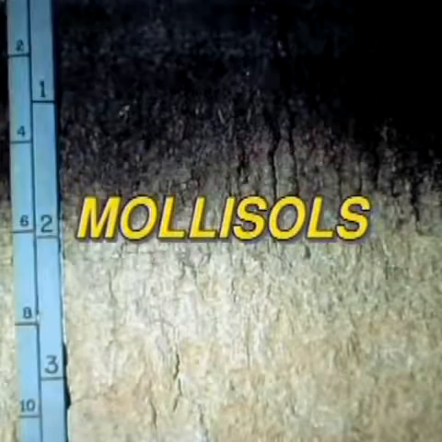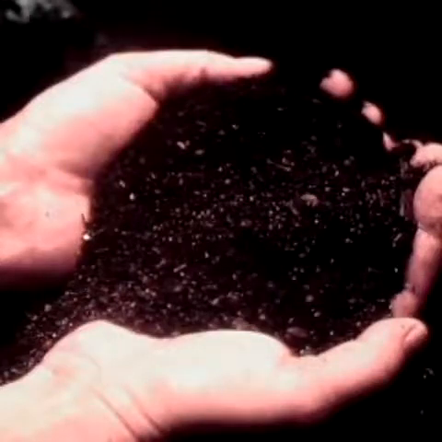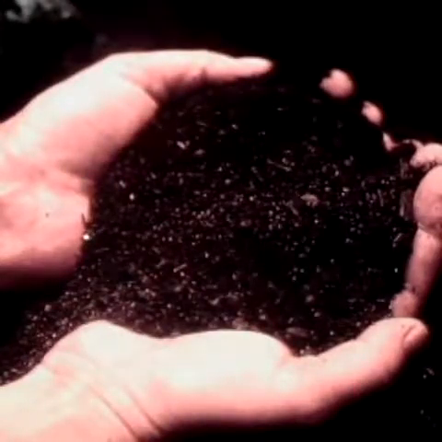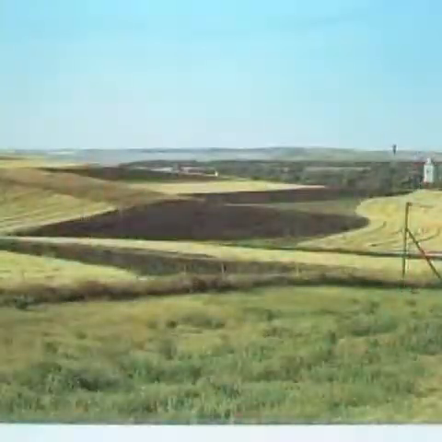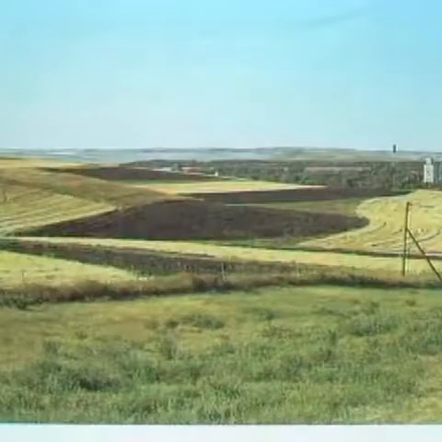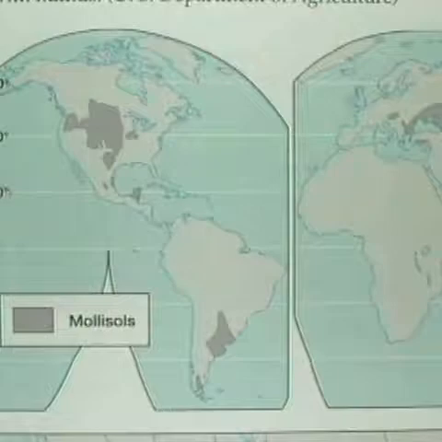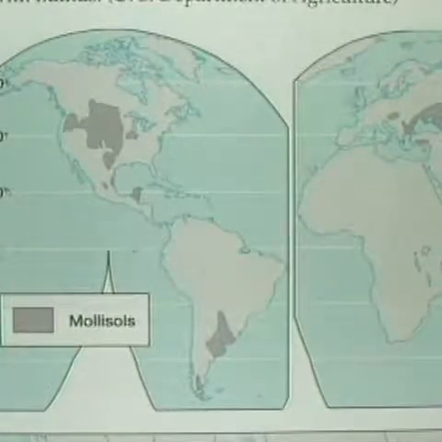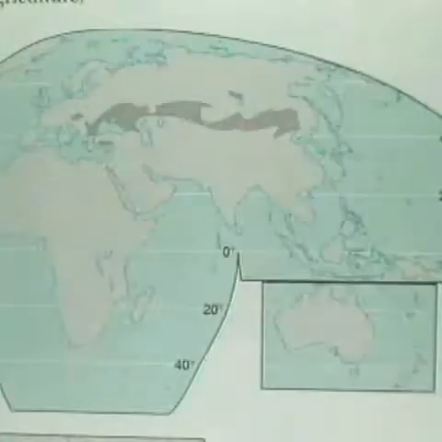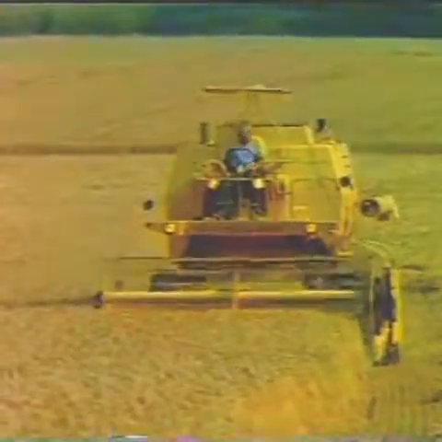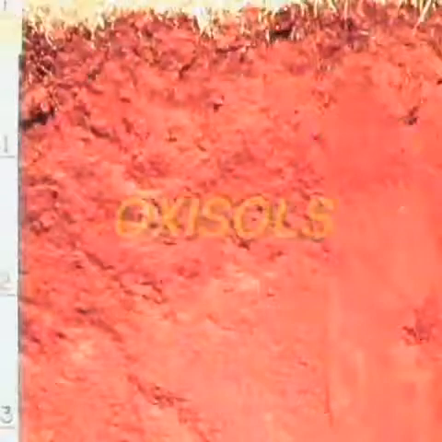Mollisols occur in prairie regions. They have organically rich topsoils with lots of humus. Chernozem, a Russian term meaning black earth, is this type of soil. This is considered one of the best soils for growing crops. Mollisols can be found in the Great Plains region of the U.S., in northeastern Argentina, in central Turkey, and in the steppe region of Asia. These soils are good for producing wheat and other grain crops.